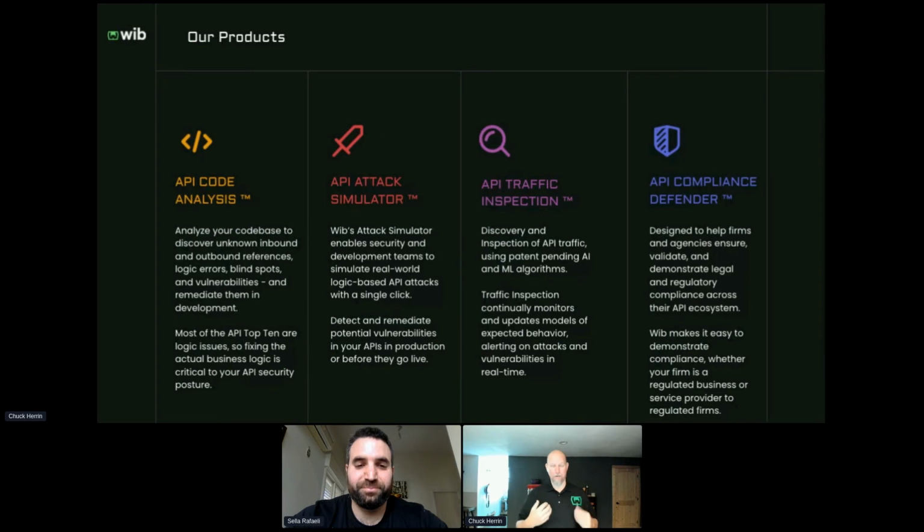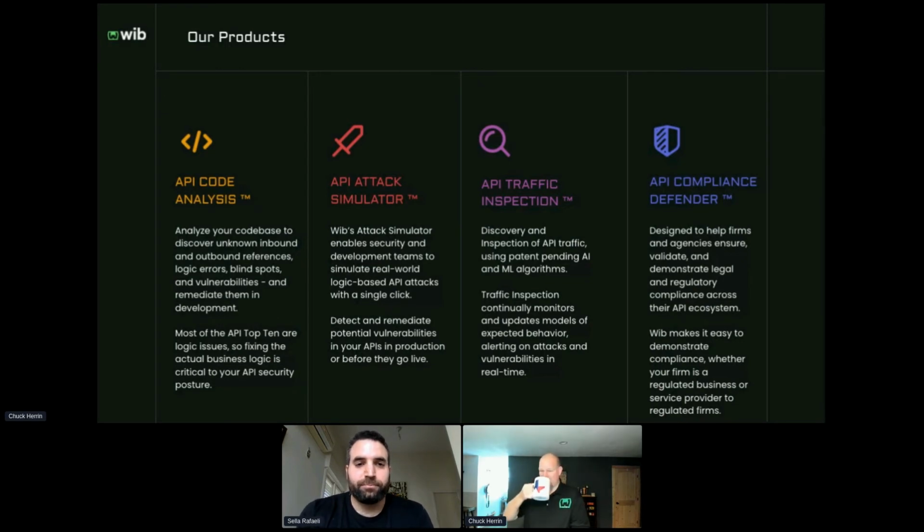Anyway, I did put another poll question in the chat about confidence intervals that your security teams understand what your vulnerabilities may be exposed to the outside, same 0 to 100 scale. I have yet to find anybody that can truthfully and with a clear conscience say 100 that hasn't been working with us already, because we showed them. So it's a great question for your head of development and your CISO as well. I'll turn it back over to Sella.